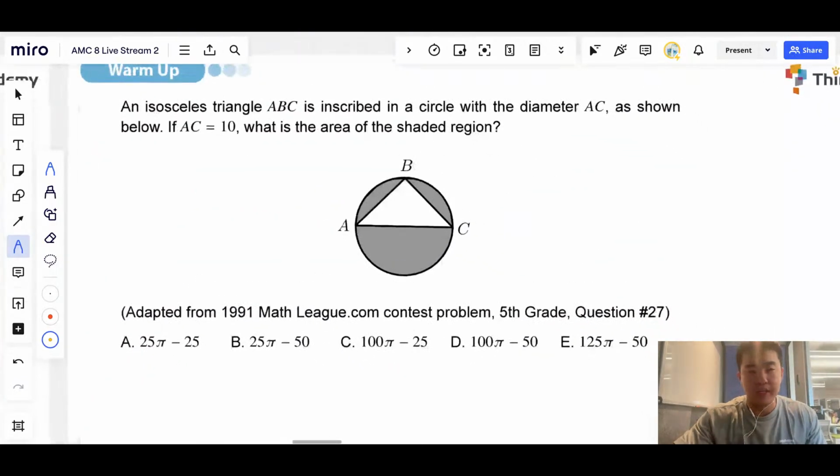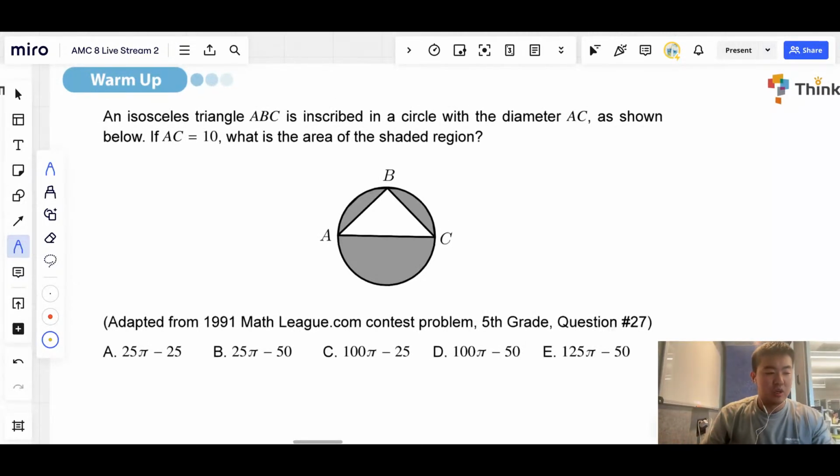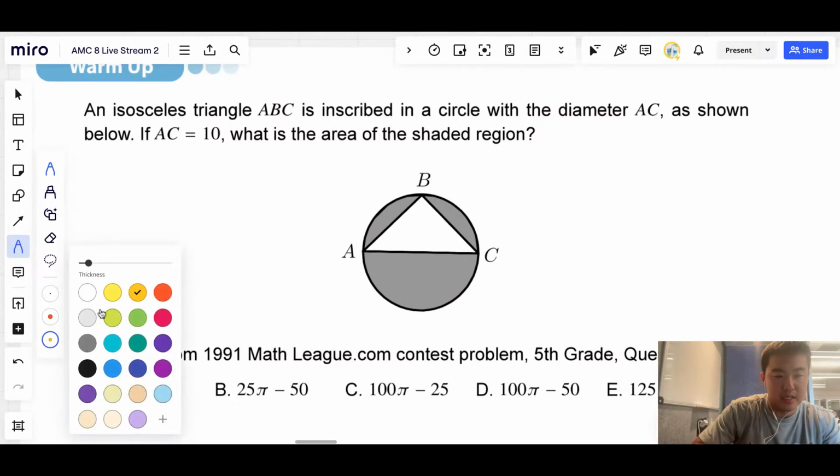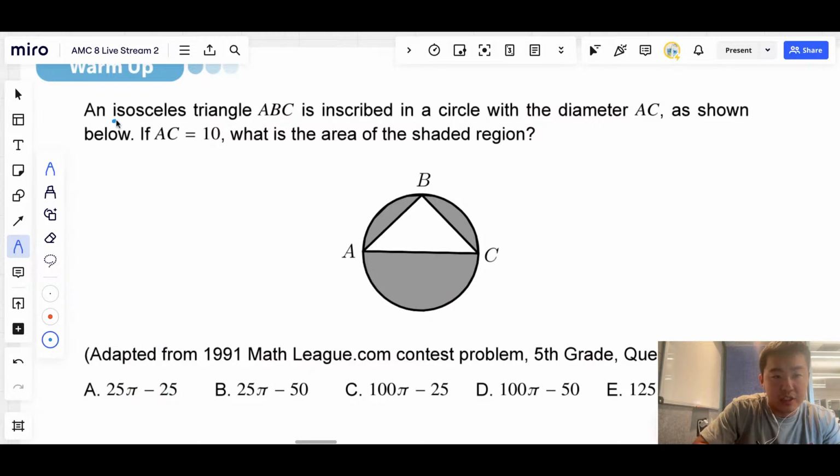Now we are going to another problem, which is a warm-up. So the problem says an isosceles triangle ABC is inscribed in a circle. So let's first mark the keywords here, which in this case is isosceles triangle. Okay, the two legs of the triangle are therefore equal. And we know this shape is inscribed in a circle with diameter AC, as shown below. So if AC is given to have a length of 10, it's asked what is the area of the shaded